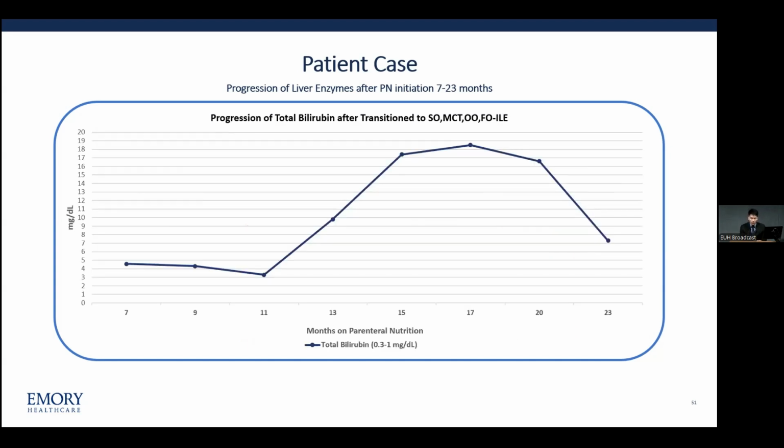This table shows the progression of total bilirubin, which follows a similar trend as displayed in the previous chart, except that total bilirubin continued to decrease after the 20 months. Despite continuing to trend down, the level is still 7 times its baseline. The surgeon expressed concern about the prolonged elevation of liver enzymes and consulted our team for alternative approaches or modifications. This led us to explore other IOE options such as